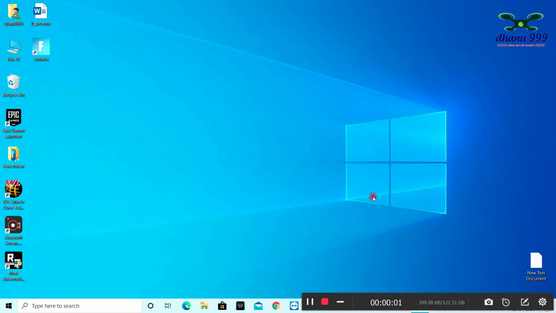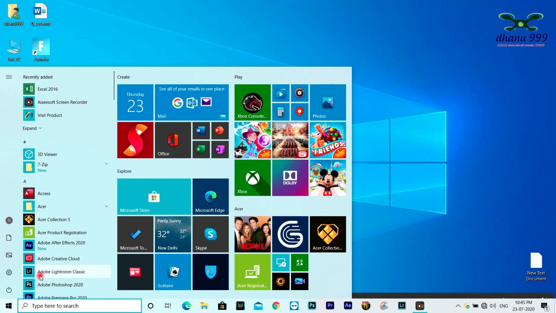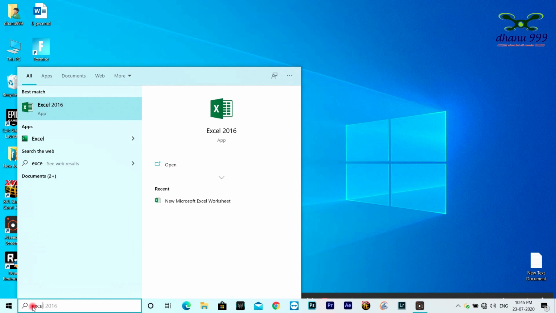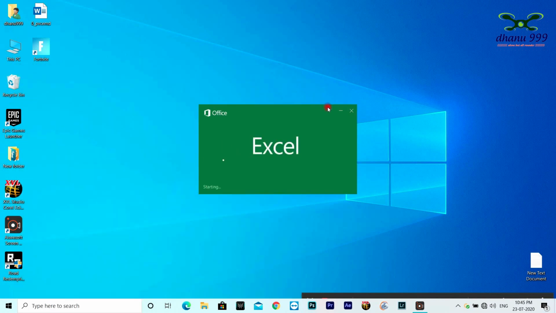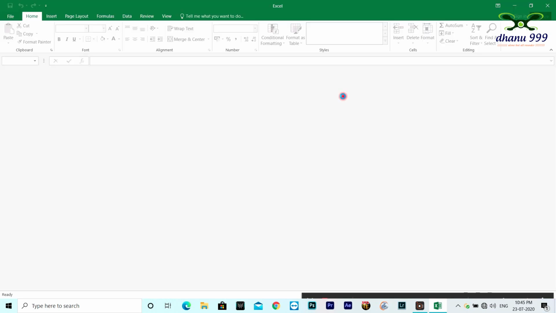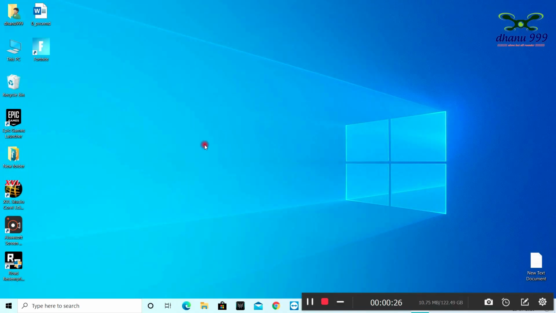If you want to know Excel, you need to know how many ways there are to get into Excel and how to open it. Let's see. After entering into the PC or laptop, just go to the start menu. This is called the start menu, and type Excel in this menu. See, here we got Excel. Open. Like this we can open Excel.